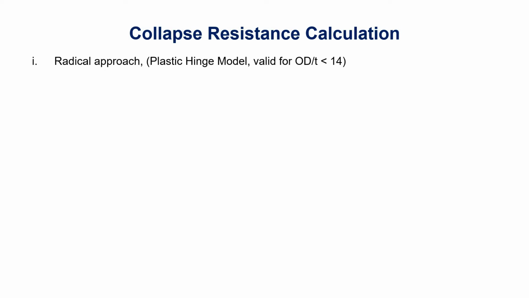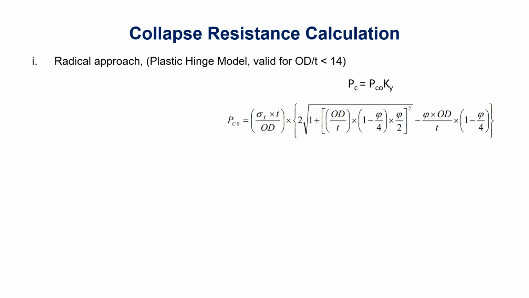The first approach is radical approach. It is also known as plastic hinge model, and it is valid only for OD to wall thickness ratio less than 14. According to radical approach, collapse pressure P sub C is equal to P sub CO into K sub Y. Now let's see what is P sub CO and K sub Y. P sub CO, whose formula is given over here, is collapse pressure without considering the tension effects